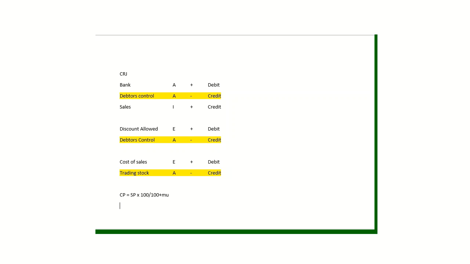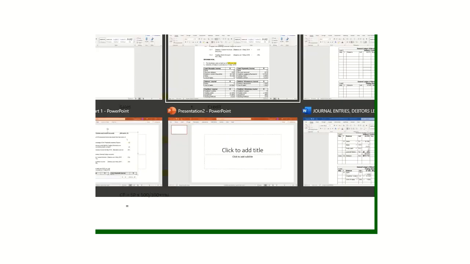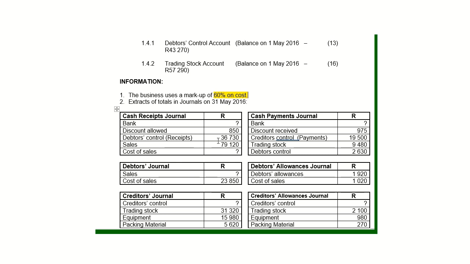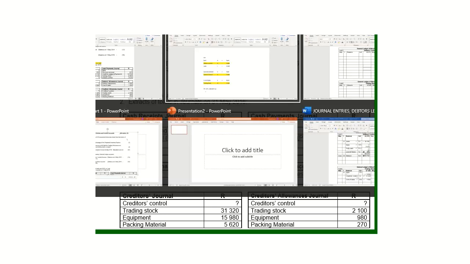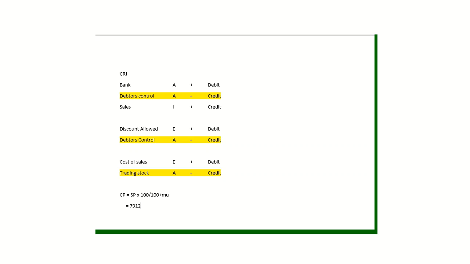The selling price is given, it is the sales, and that was 79120. So it is 79120 times 100 divided by 100 plus the markup of 60%. So it's 100 plus 60, which gives me 160. So 79120 times 100 divided by 160, and that gives me